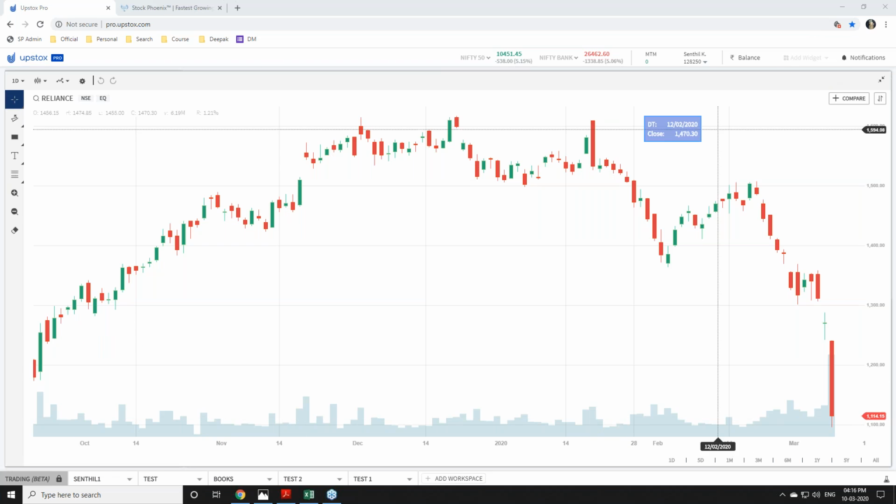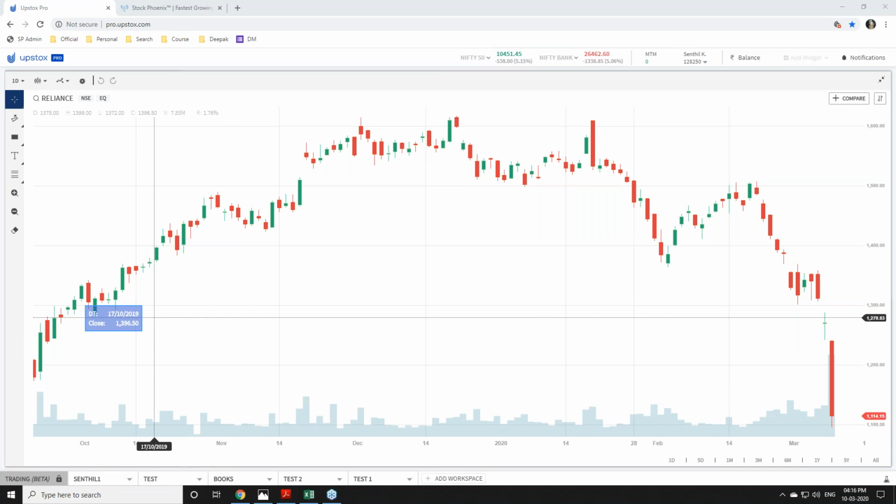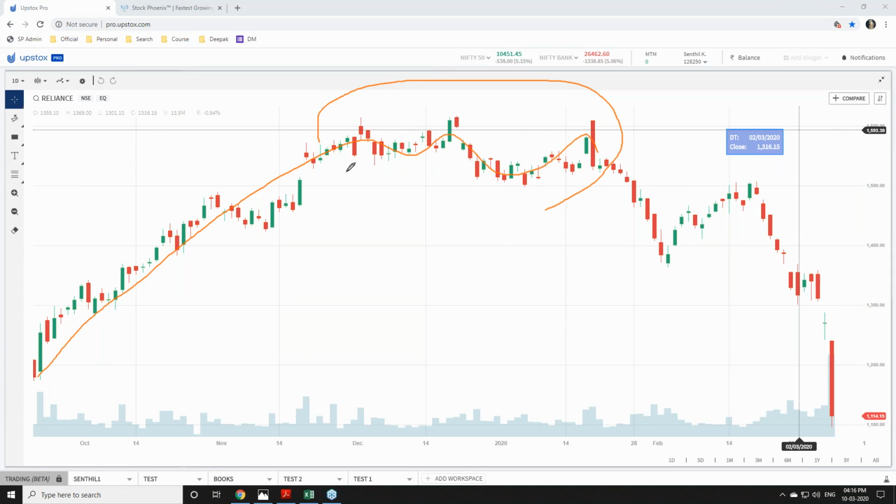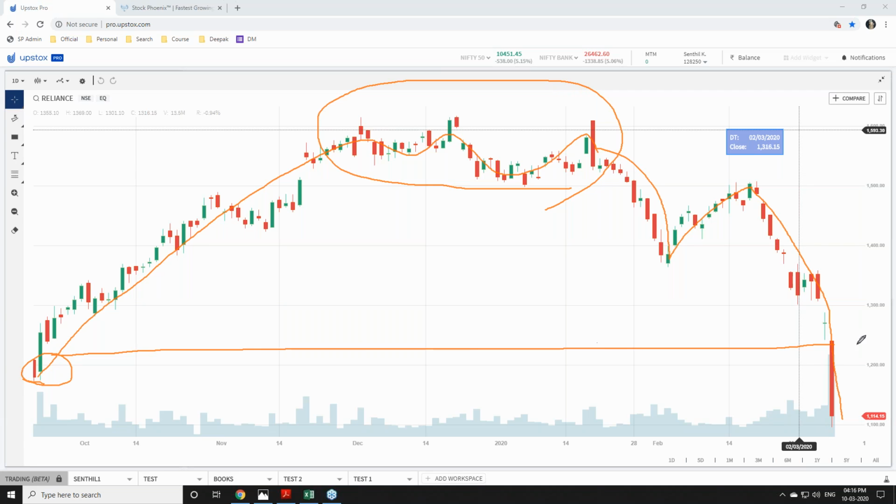What is the understanding we are getting from this single view chart is, the price started, it went high, and sustained in the high price for long days, almost 3 months it was trading at a high price. Again it started coming down, again it went up, again it crashed. Now due to the market crash, it has come back to the normal price where it was 3 or 6 months back. So this is what we understood.